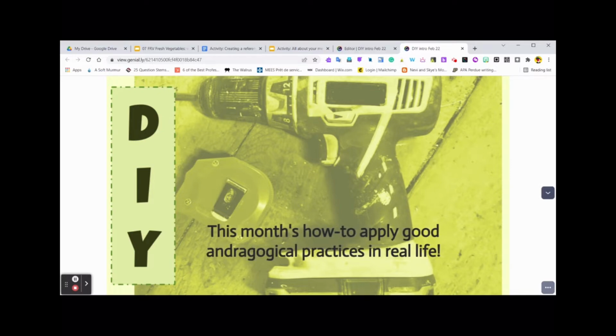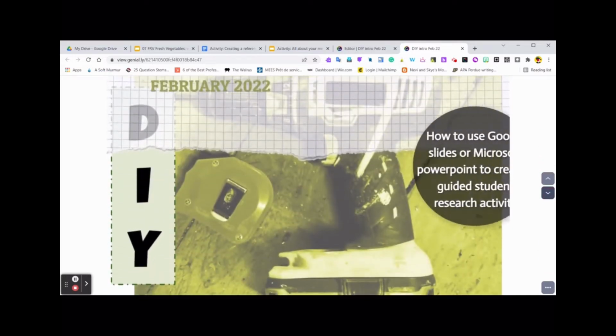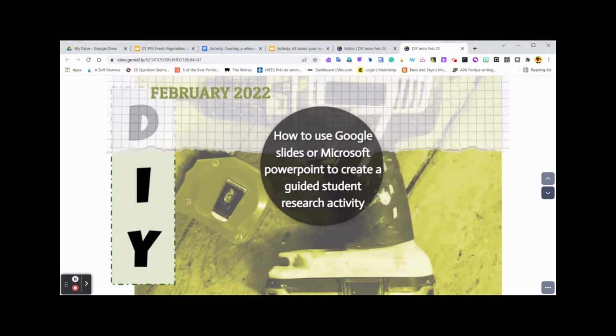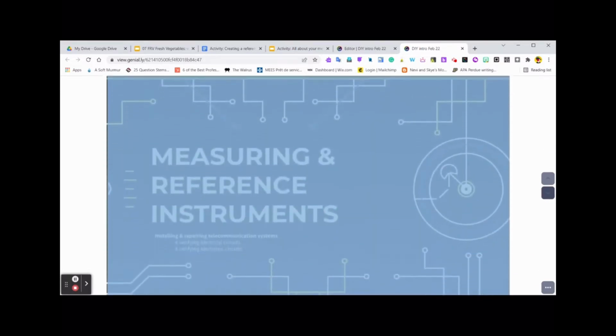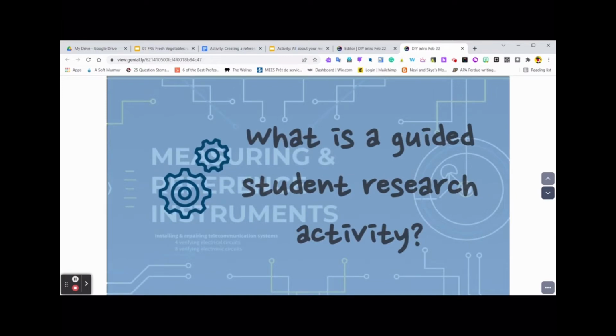In today's column, February 2022, we're going to explore how to use presentation software such as Google Slides or Microsoft PowerPoint to create a guided student research activity. This activity can be done on an individual basis, in small teams, or even as a large group. A student research activity is an activity where the student has to do research on a topic, a theme, a subject matter, a part of what they have to learn, and